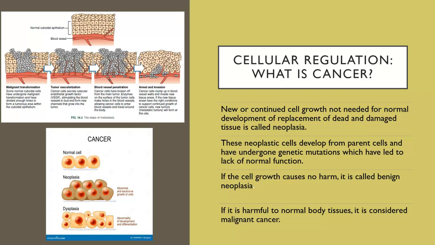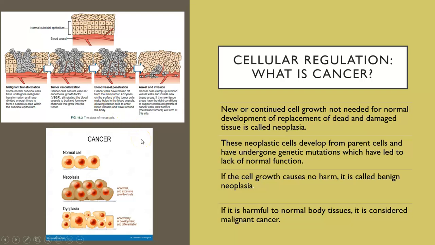So if we see here, we have malignant transformations up in this picture up here. And honestly, if you look close at it, you can see there's cells that are different shaped. Some are bigger, some are smaller. There's no rhyme or reason for them. And then you add some vasculature in there, and that gives those malignant cells lots of nutrients to grow. And as you see, it's going to continue to grow. And then sometimes it can get into that vessel and travel along the bloodstream.